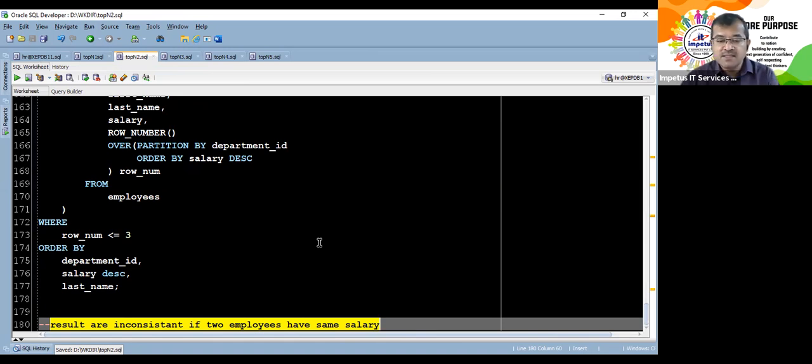Now this inconsistency that I highlighted, when there are multiple people having the same salary, if there are 5 people in department number 50 having top salary as 20,000, 20,000, 20,000, 20,000, and I said top 5 earners, okay, top 5 salary earners. So it should have ranked all those employees with that salary as rank number 1, and then the rank should have changed for other people. If that is what we are looking out for, there is another function which is available for top N analysis.